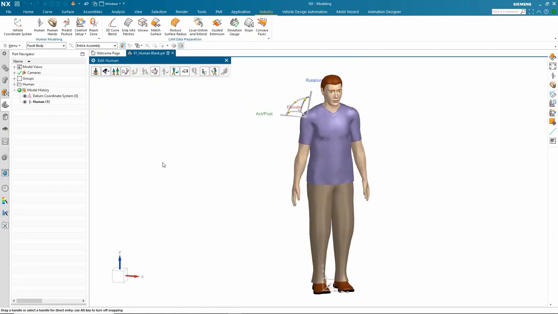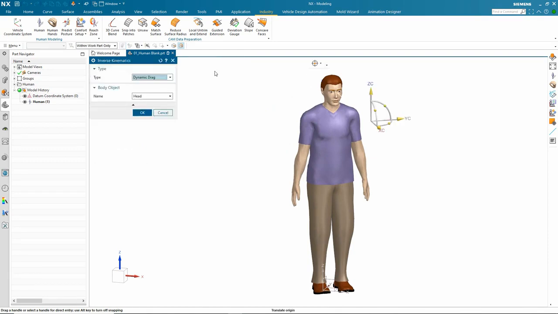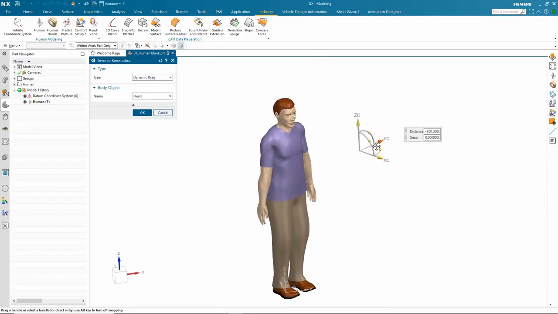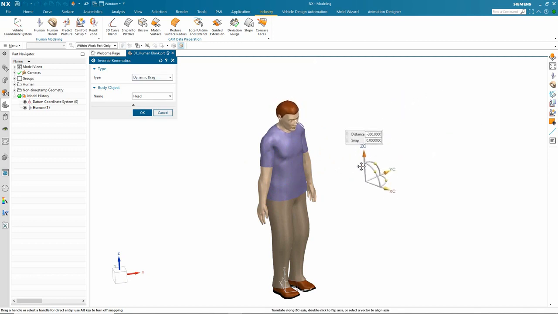Rather than actually controlling the joints, it's also possible to use something called inverse kinematics. If I just select this, this is on the head at the moment, and I've got these drag handles again, and what this is doing, look, it's changing and manipulating that joint. If I was to move this now like this, so rather than directly affecting the joint, I'm controlling what is